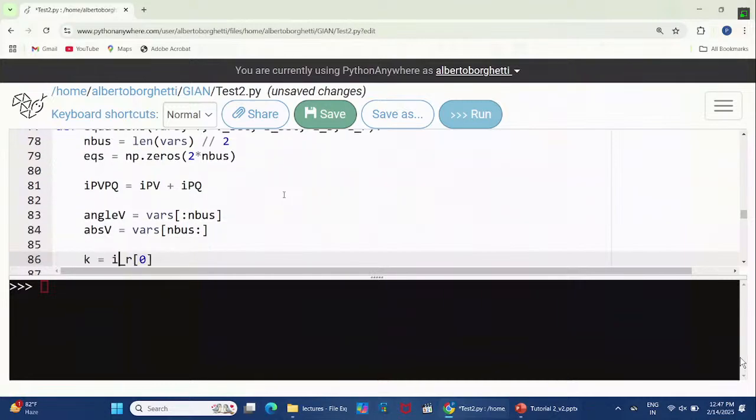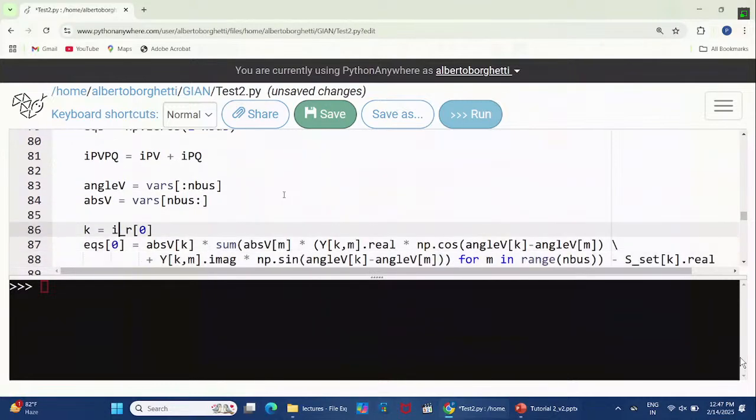And the first equation here, we can say that it is not related to receiving or sending. No, this is the receiving bus in the previous, so we can eliminate it. We can say that this is inside our list IPV_PQ. I need to write in the same way as before. But this needs to be one of these, so I need to include a for loop. So I can write before this a for loop